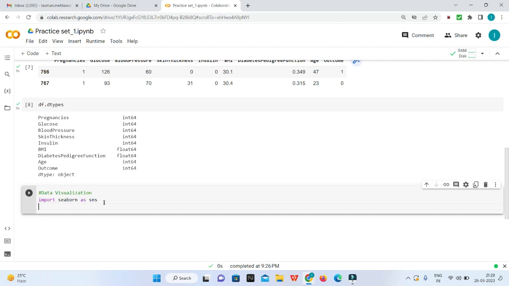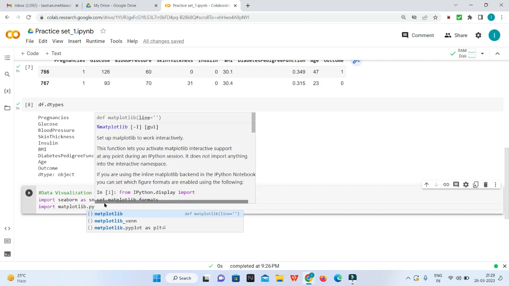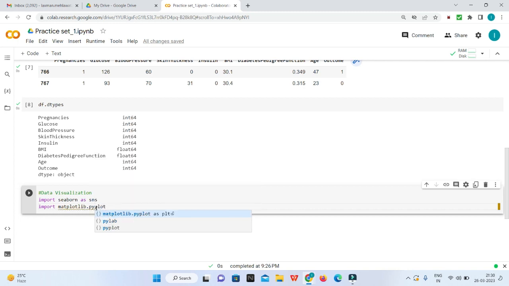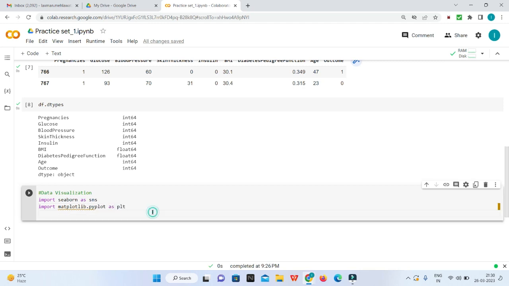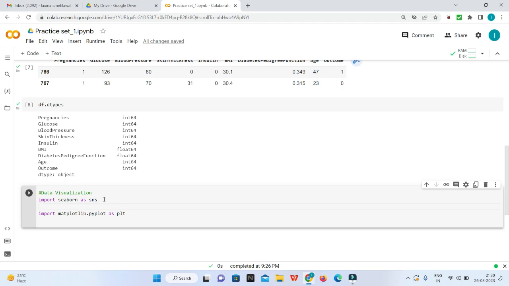Also import the Matplotlib module. Import matplotlib.pyplot as plt. So okay, now here we can also use the command